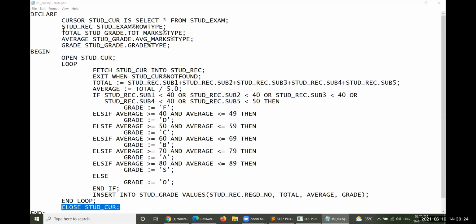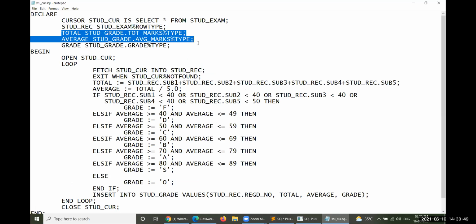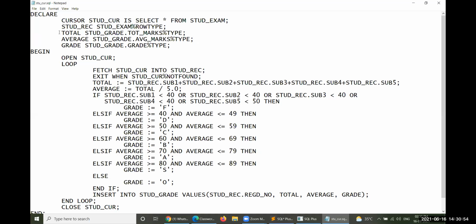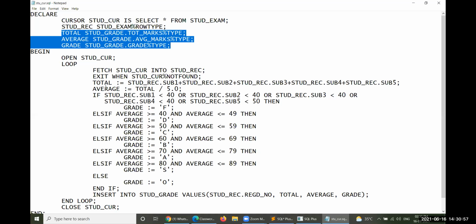Of course, you do have intermediate variables. First, after the creation of the cursor, if you fetch the data, where you have to place it is within a row type, a structured variable that can be created by you. Whatever structure you have created for the base table where the cursor has been created, as like as that, the row is also there. Then, are there any necessary variables to be taken into consideration? Yes, you can take those kinds of variables and perform your own business logic. Then you finish up the cursor.